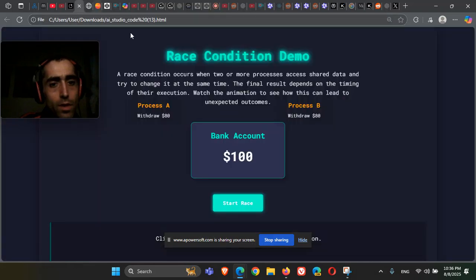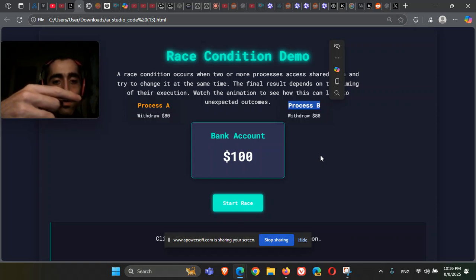Okay, so the idea now is to talk about the race condition. Race condition is a situation in an operating system, when using processes, where there is shared data, a shared resource. For example, in this example, a bank account is shared between the two processes, process A and process B. And this shared resource can be accessed and manipulated by the two processes at the same time, and